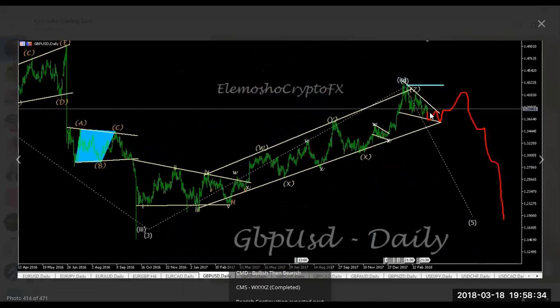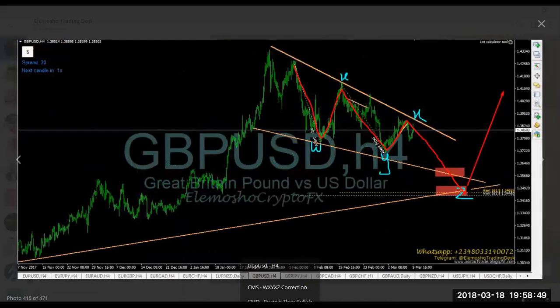Now on the daily, I'm expecting that price will continue consolidating within this range, then do a first breakout up to this level before eventually rejecting it around this zone for it to come down. Then on the 4-hour time frame, I told you that we have something that looks like the WXYXZ correction, where